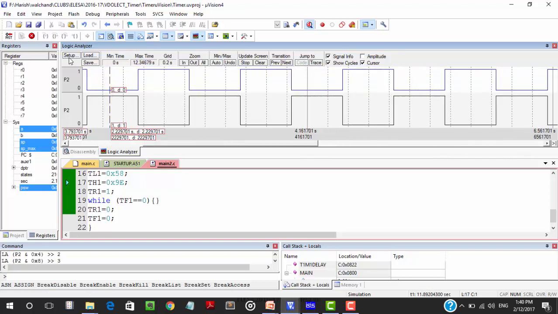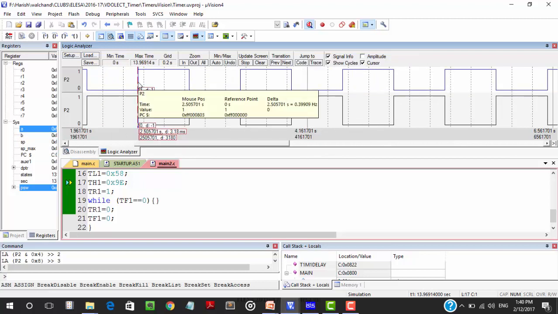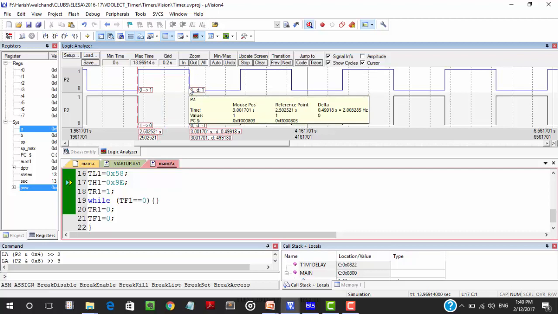Here are the pulses. If we measure the delay between a toggle, it will be 0.5 seconds. Let me show you. Here you can see that the delay between the two toggle conditions is 0.5 seconds. That is delta equals 0.50318 seconds.